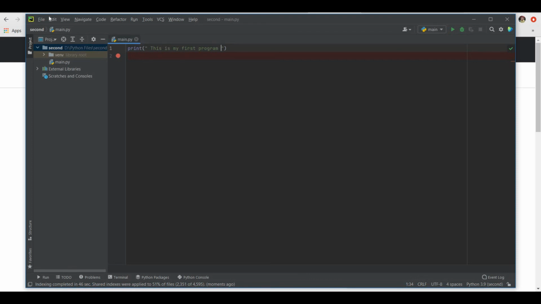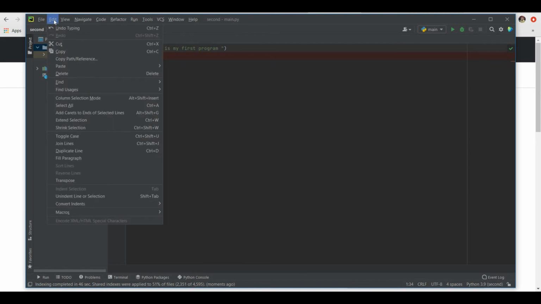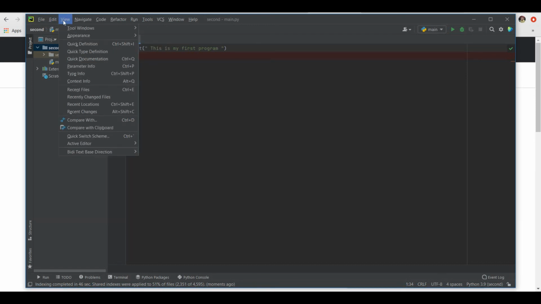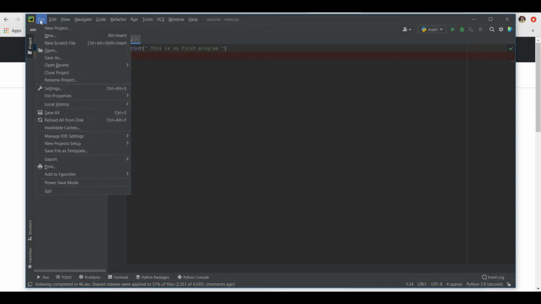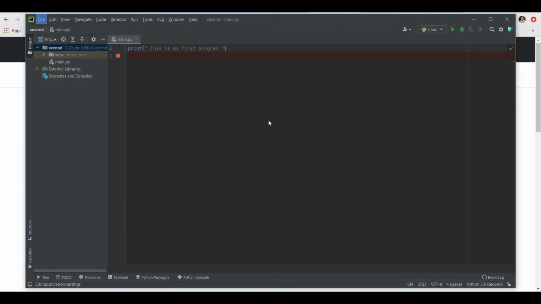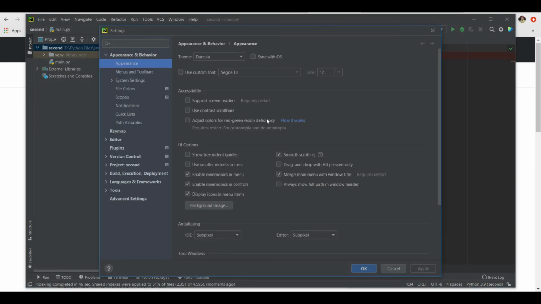Okay, this is the complete procedure about how to install Python and the PyCharm editor. If you want to increase the font size, you can go to settings and click on font.